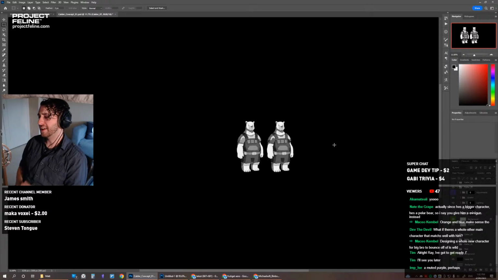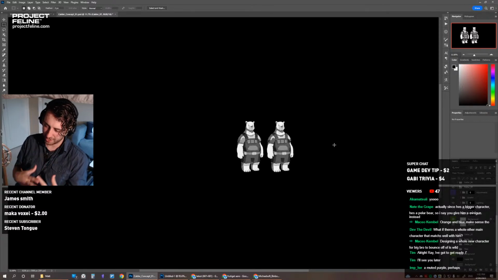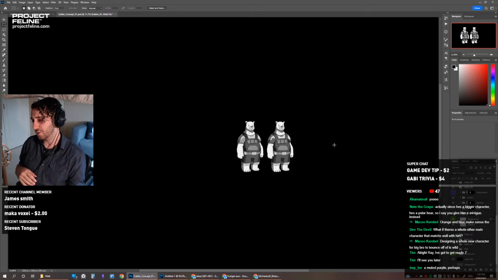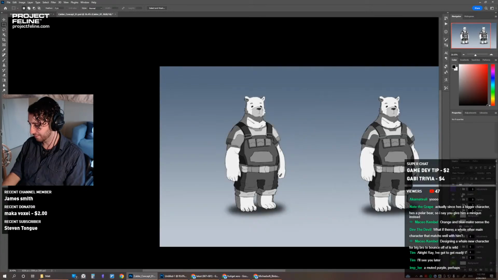I think I actually like the one on the left more. Because on the one on the right, I can't really tell what is connected to what, because the primary shirt color is blending with the straps too much. It looks like it's one thing. Whereas the left one, it looks like the straps are separate objects from the shirt. And I like that. So I'm going to copy the values from that and start one more.